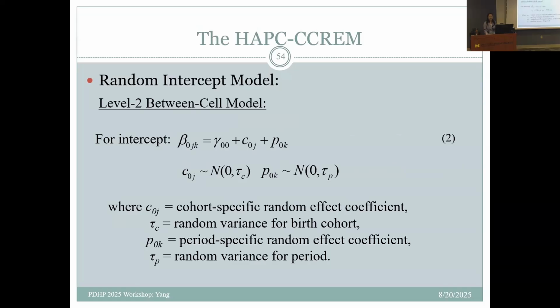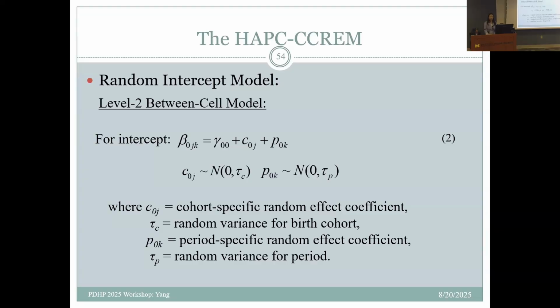C0j is the cohort-specific random effect coefficient, meaning this equation is saying the intercept beta 0jk is varying from cohort to cohort with the cohort-specific random effect coefficient C0j around the adjusted mean gamma 0,0, and also is modeled to vary from period to period with the period-specific random effect coefficient P0k around this adjusted mean gamma 0,0,